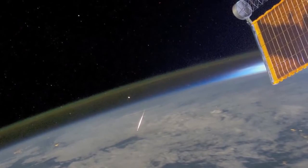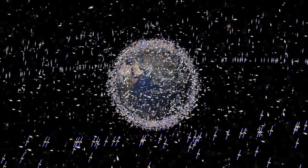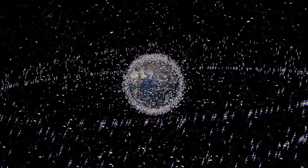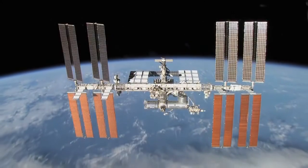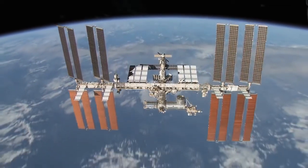The more satellites we put up, the more we started leaving debris in orbit around the Earth, and that turned out to be a pretty big problem. The debris would start colliding into other pieces of debris and creating even more, smaller pieces of debris, but many more of them. By the time we got to putting the International Space Station into orbit, the threat